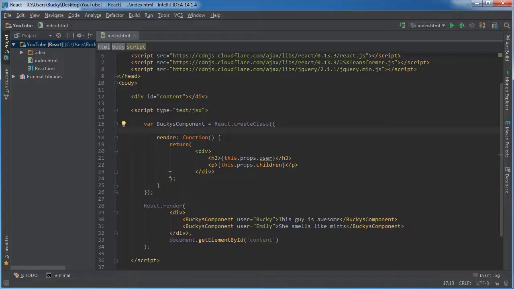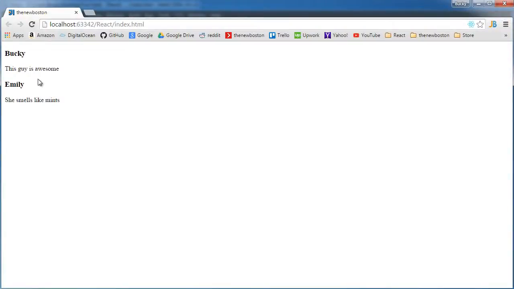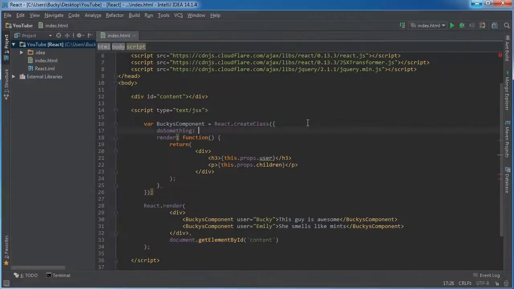So above your render function, I'm just going to make a simple function called do something. Because all this is going to do is, let's say that instead of just displaying stuff on the screen, let's have a link in these components as well. And whenever you click it, it'll just alert like this little blob of text, or it'll just do something really basic. So write do something or whatever you're going to name your function, and then after that write function,